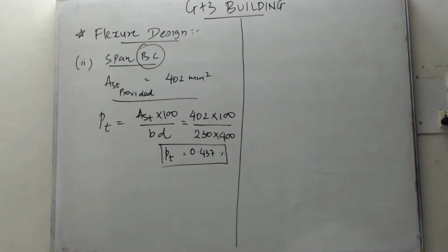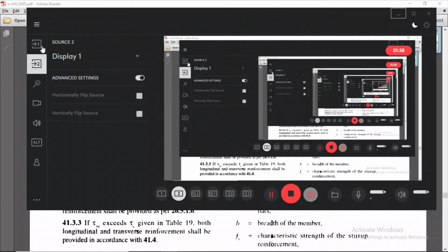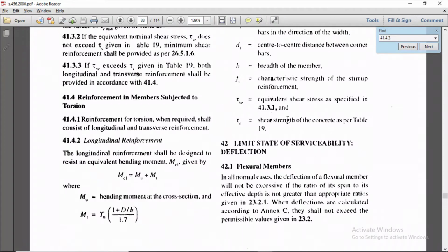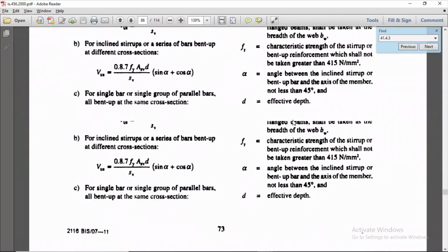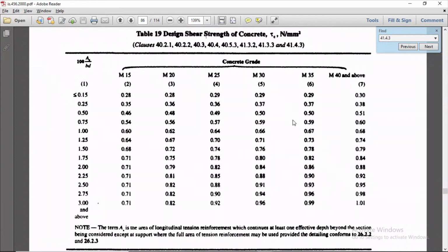Let me share the screen with you so that you can see it hands on. Yes, so here it is, page number 73. There is a table for tau C based on the PT, right? This is table number 19, design shear strength of concrete tau C.